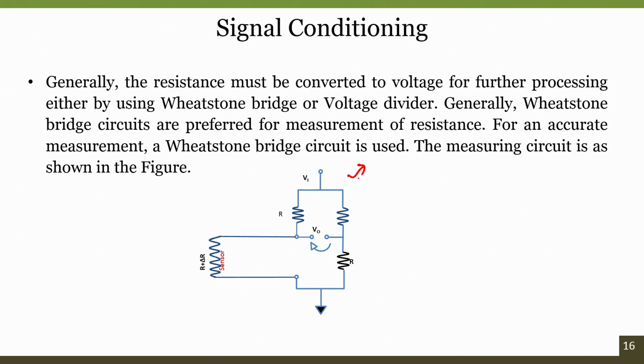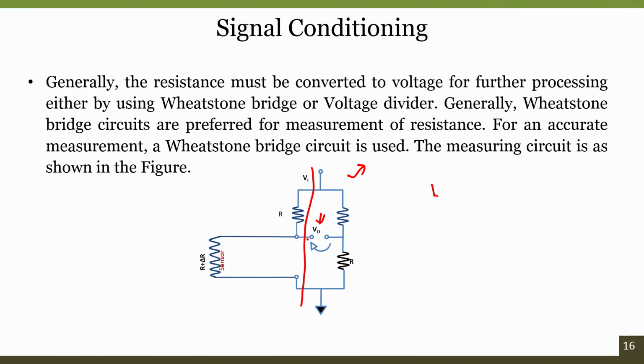So, the Wheatstone bridge circuit uses 4 different resistors, which help to identify the unknown resistance. When you look at the Wheatstone bridge circuit, as you can see here, the left side contains one resistive divider network, whereas the right side contains another resistive divider network. The output voltage is nothing but the difference between the first resistive divider network configuration and the second resistive divider network configuration.